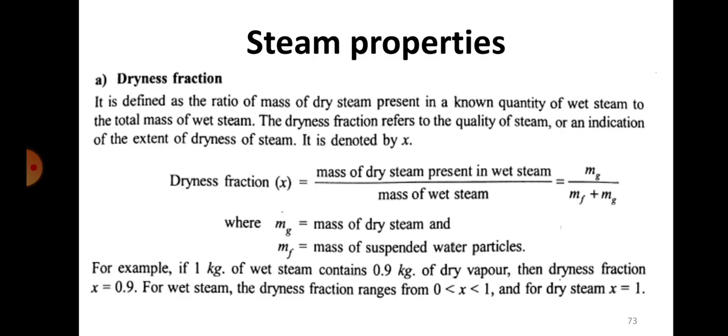Out of that, say 0.4 kg is water, and 0.6 kg would be the steam. Then the dryness fraction will be 0.6 divided by 0.6 plus 0.4, that is 1 kg. So 0.6 by 1 is 0.6 or 60%